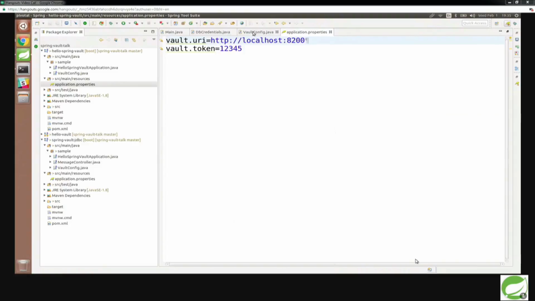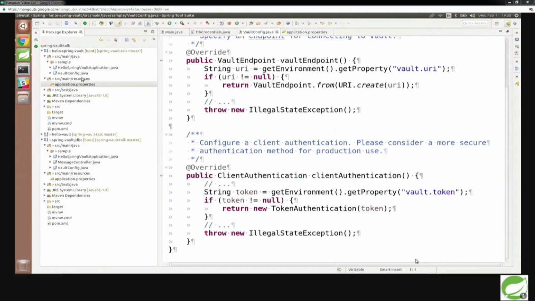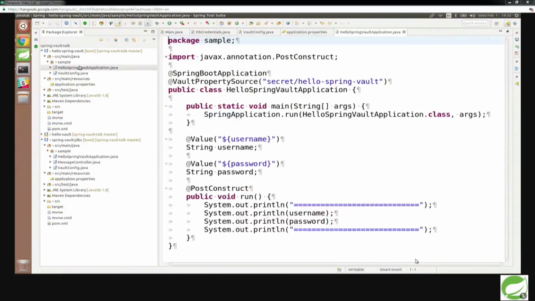And then after I've done that, I can do something like this. So Vault property source. Everyone familiar with Spring's property sources? It says, given some sort of source, I want to extract out properties. And a lot of times they're property files. But in this instance, it happens to be Vault.